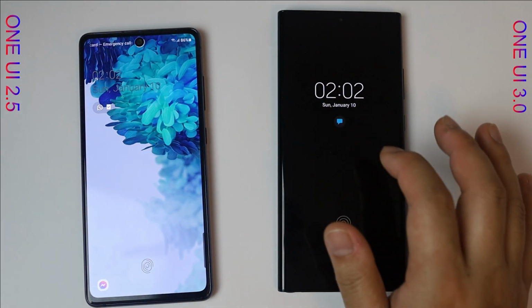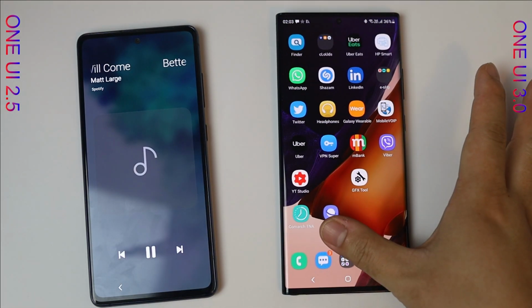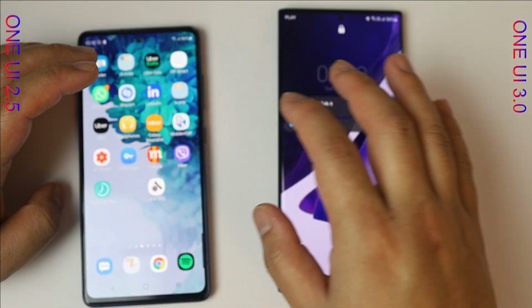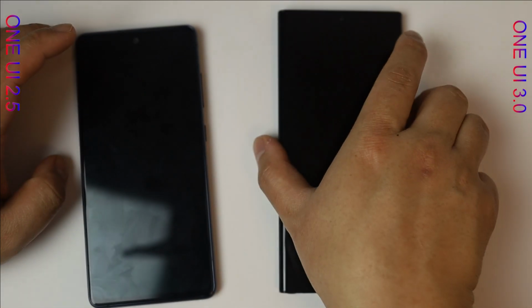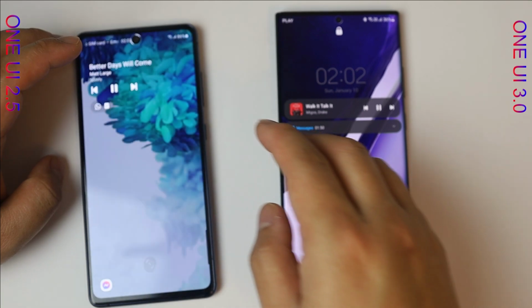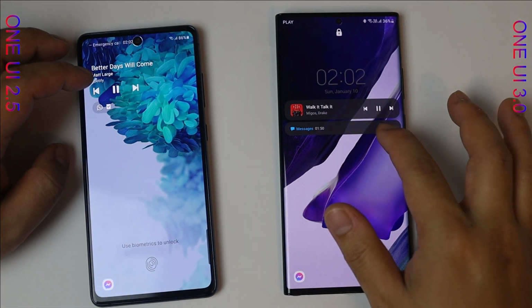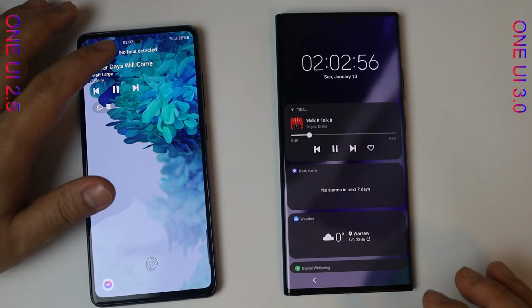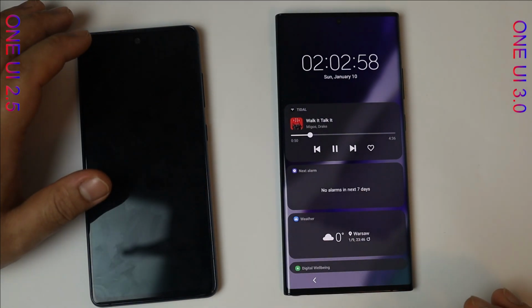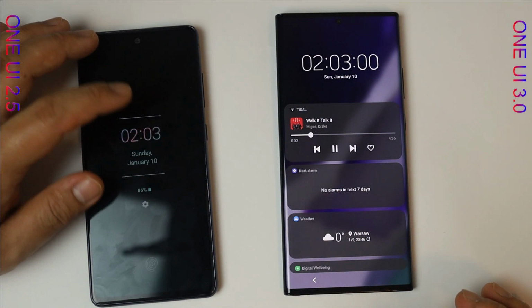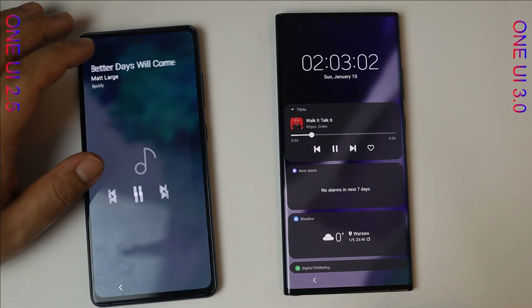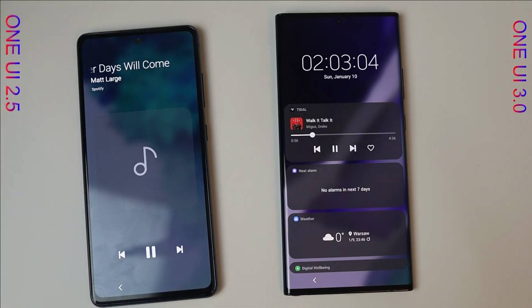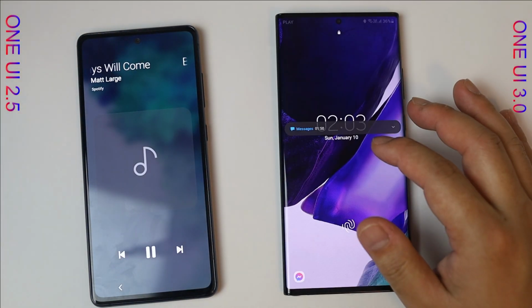On the lock screen and always on display, the fingerprint scanner feels much faster. Samsung moved the clock and notifications down towards the center of the screen. There is also a new lock icon right under the hole punch camera. In the lock screen widgets, we can click on the clock on the lock screen and it opens the widget pages, where we can see whichever widgets we want to be enabled. Previously, it would swipe through the different options.